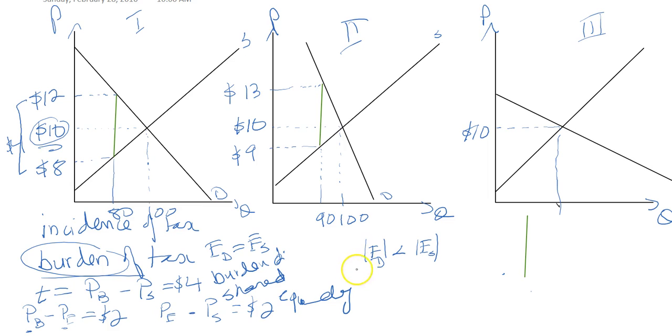It's because of this key assumption where demand is less elastic or it's inelastic compared to supply. So buyers are kind of stuck with this tax. Whether you tax the sellers, they'll just pass on the tax to buyers as higher prices. If you tax buyers, well, they will share some of the tax with sellers, but they bear the majority of the tax. And in this case, the burden that falls on buyers